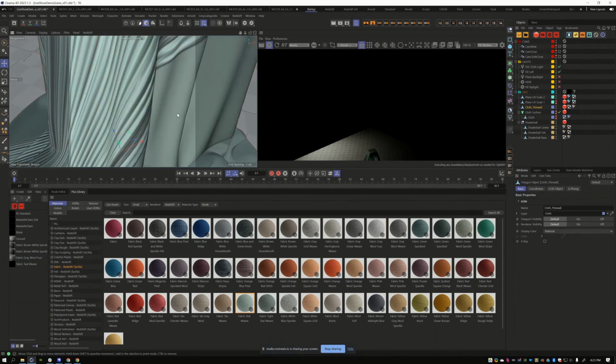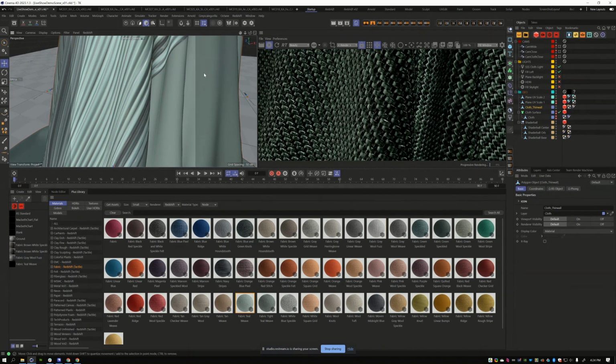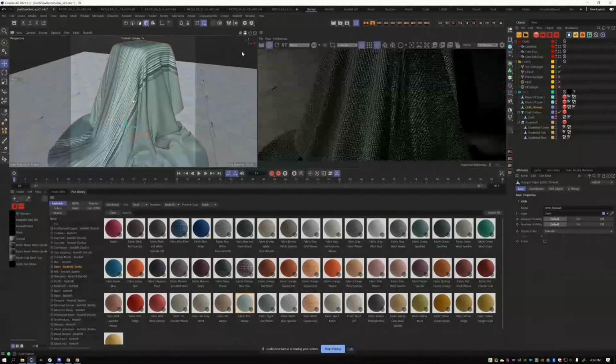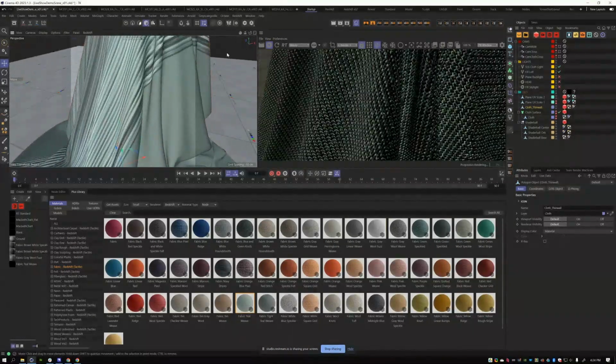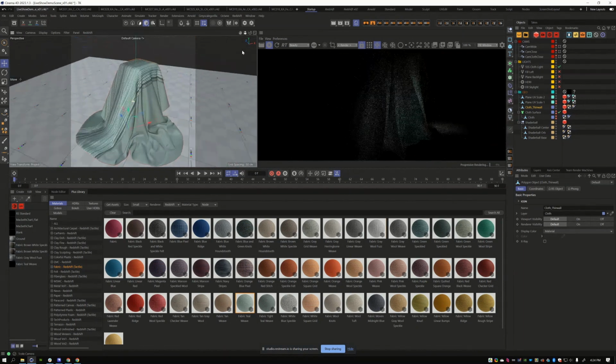And again, I should probably freeze my tessellation so it goes a little faster. Yeah, so the detail is pretty insane. Even if we turn off, I also have a little bit of a fill light in here, but if I turn that off completely, now we're just seeing the light